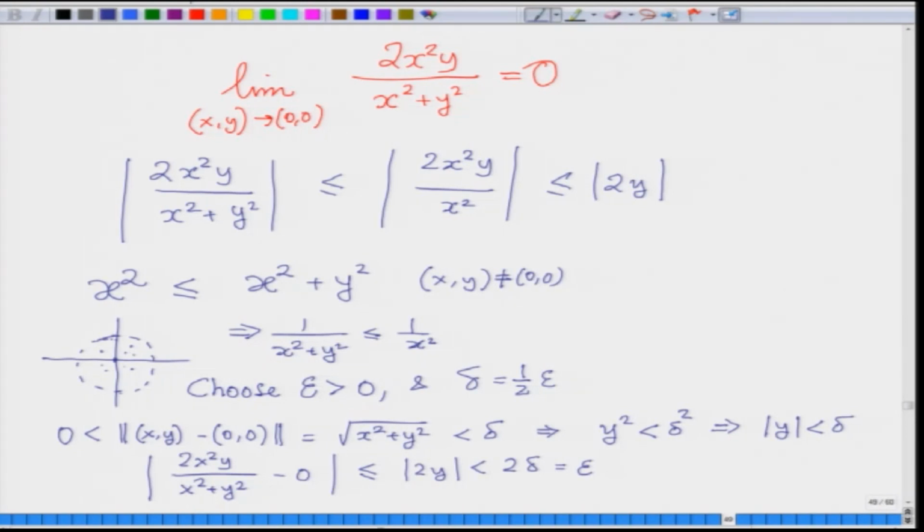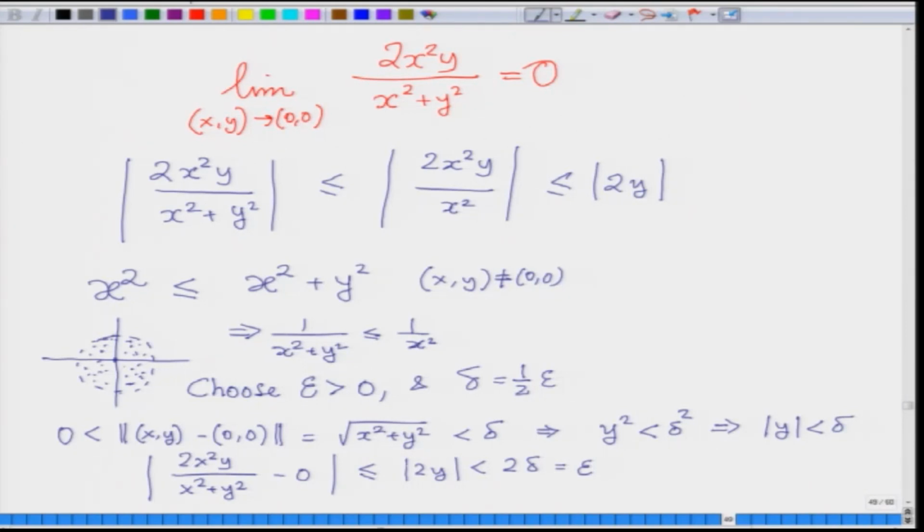So, what I have is that |2x square y by x square plus y square minus 0| is strictly less than epsilon whenever x and y are within this delta neighborhood. I am having this fact for all x y. Now, this is true for all x y in the neighborhood. You have to be very careful here. This is true for all x y in this neighborhood,